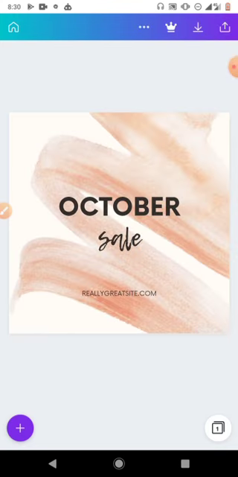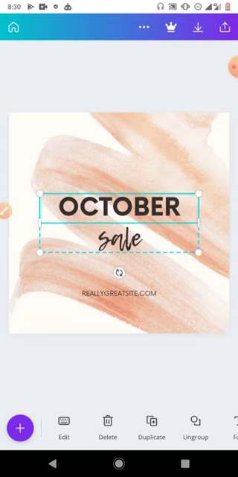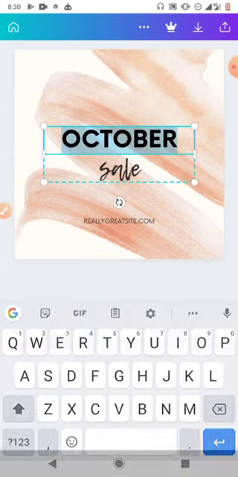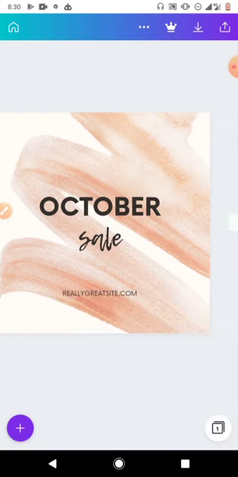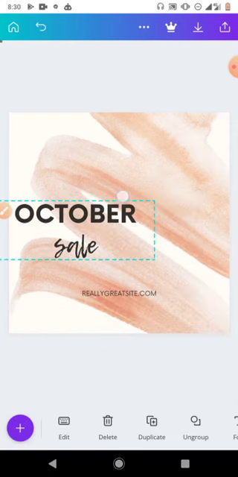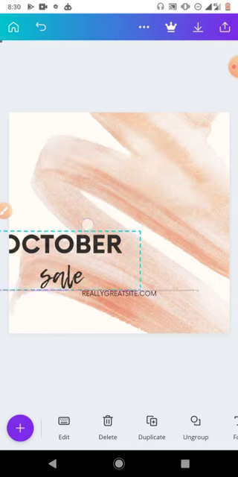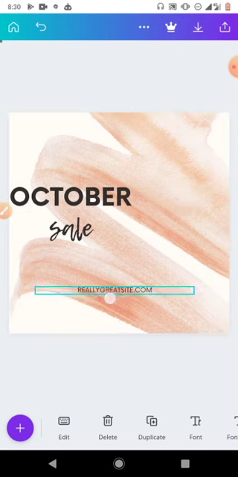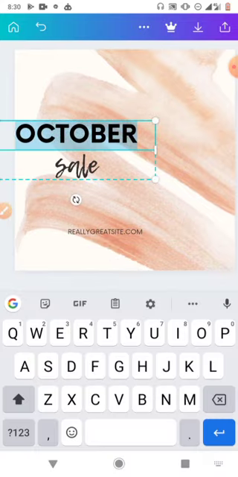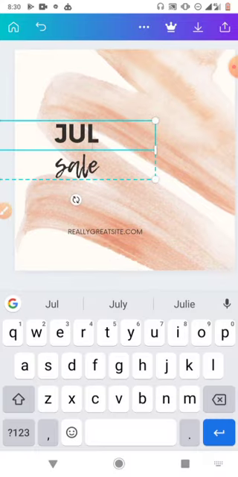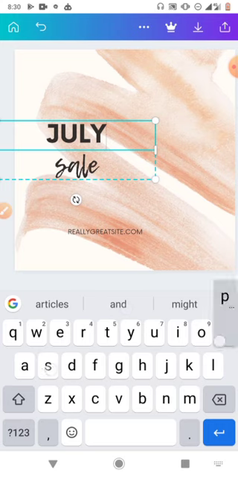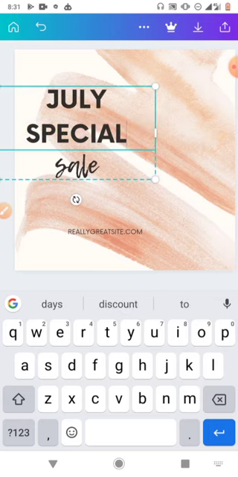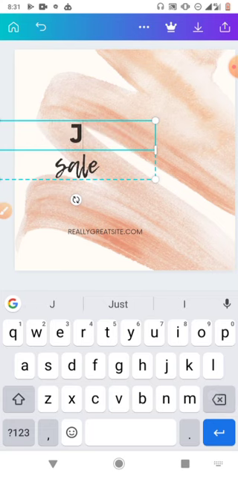Now all of these objects are editable. You can just click on them to select. You can select, move around, drag it around. This write-up here, you can select and move around. This background here, you can actually change the background. You can change this write-up, let's say to July sale or July special sale, the way you see some people do. In case you don't know,